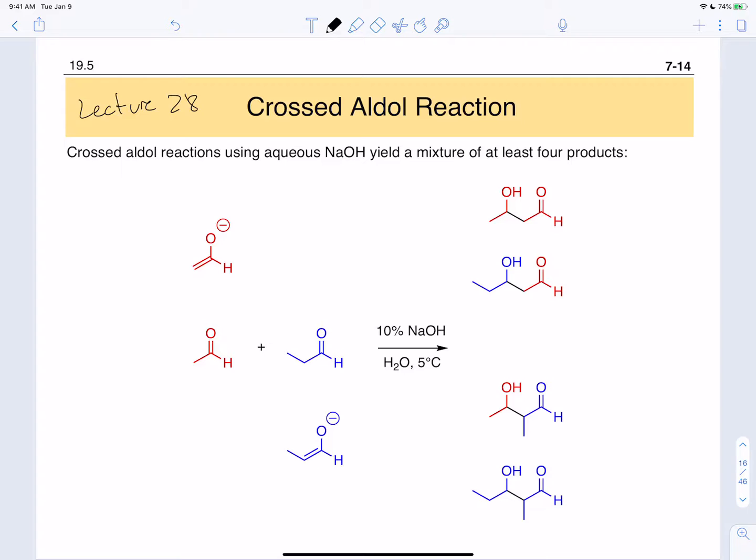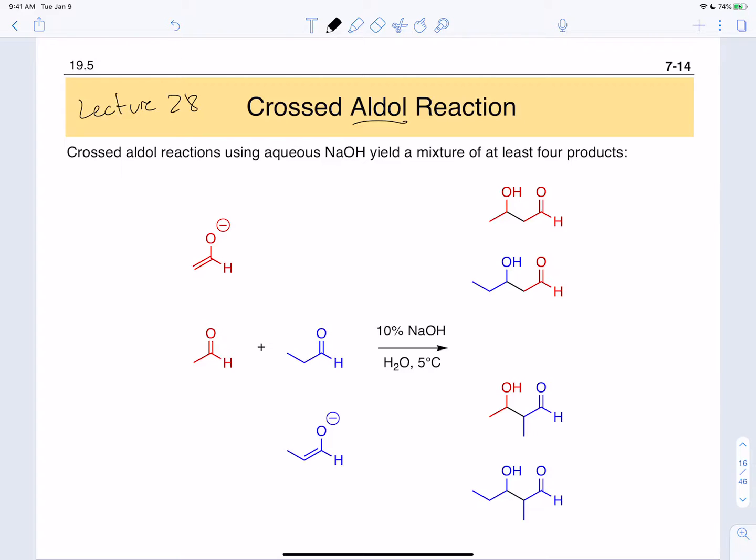So picking up from where we left off last time, we're still going to be talking about the Aldol reaction, and we're going to be talking about reactions of enolates. So the beginning of this lecture will be focused on how we use this reaction in a synthetically useful way to build molecules. And in the previous lecture, we saw some self-condensation reactions of aldols,